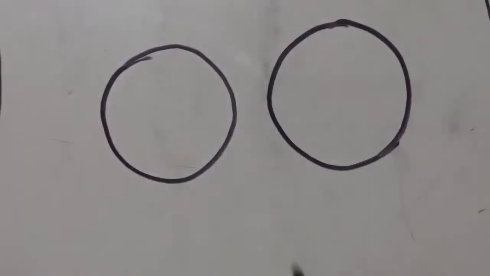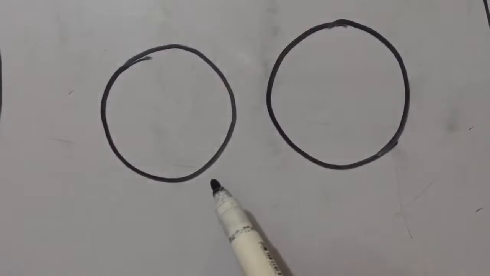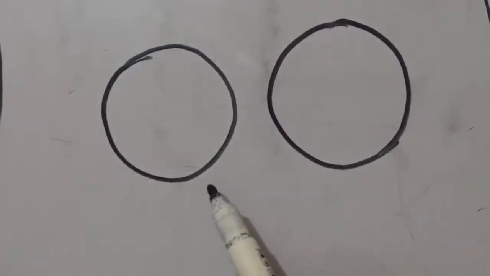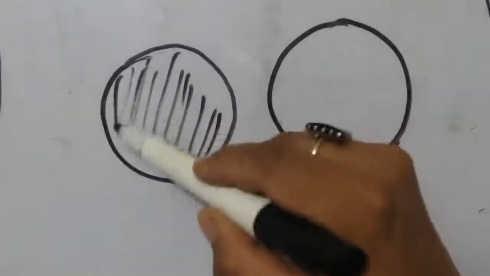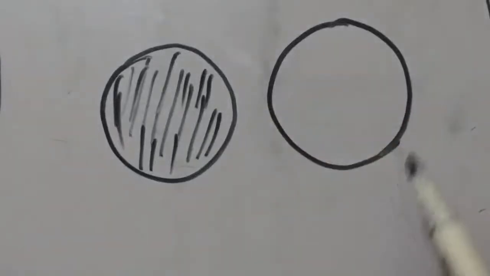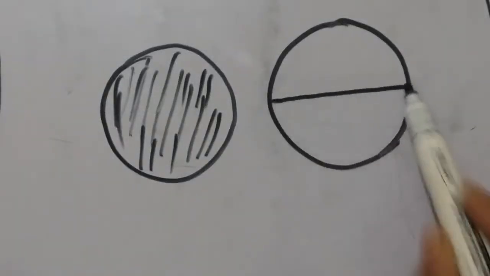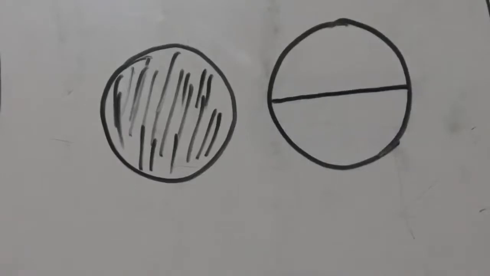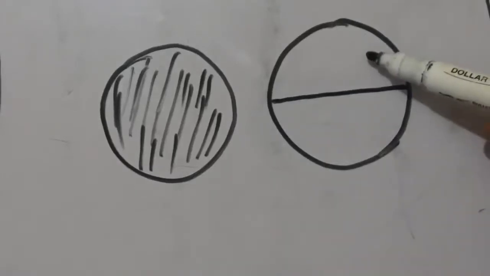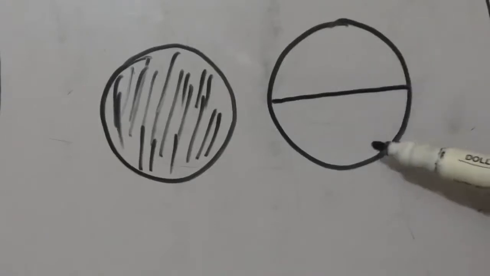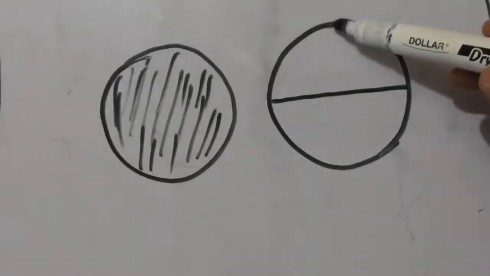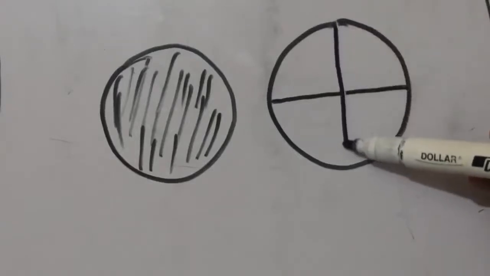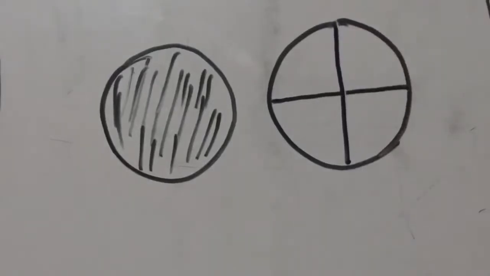So see, as you can see on the board, here we have a first circle. This circle is one whole circle and whole is shaded, colored. सारा circle जो है वो shaded है. Okay, and now the next circle, now I divided it into two parts. Both parts, first part is called half and the other part is also called half, as we learned in the previous lecture. Okay, today we will learn about the quarter part of a whole circle.